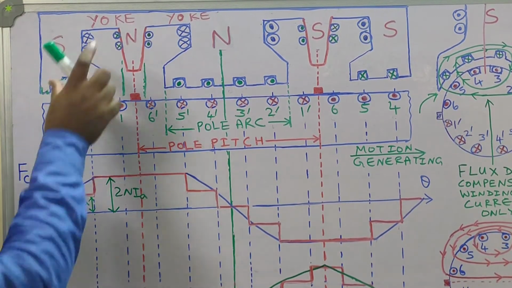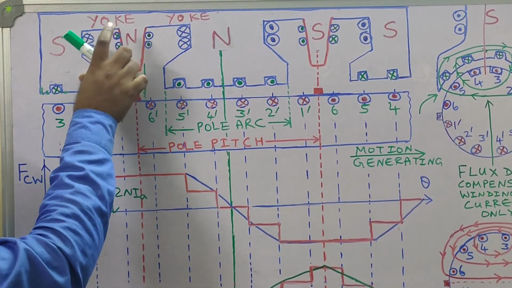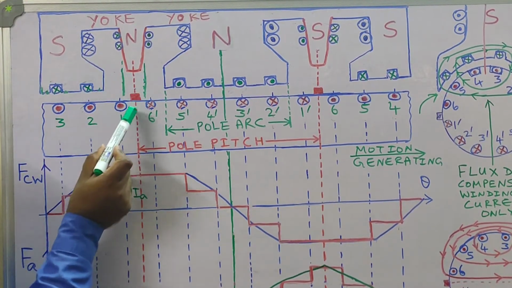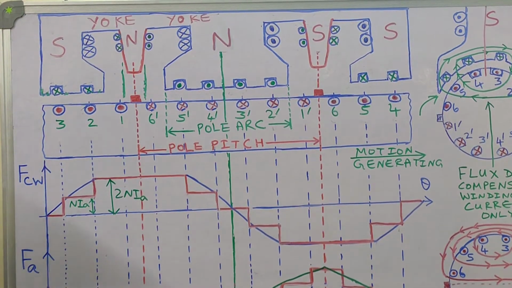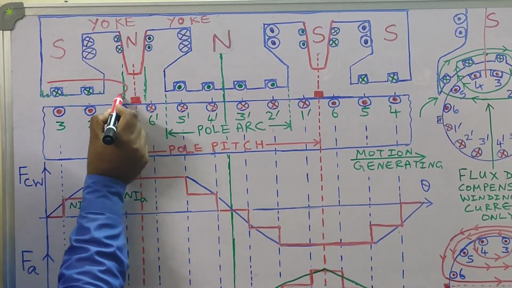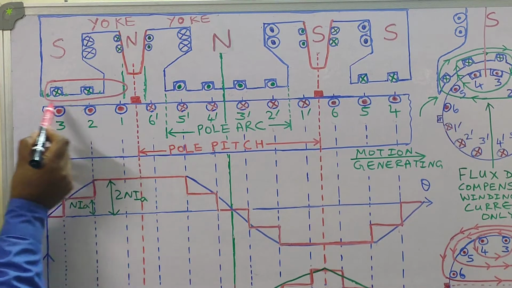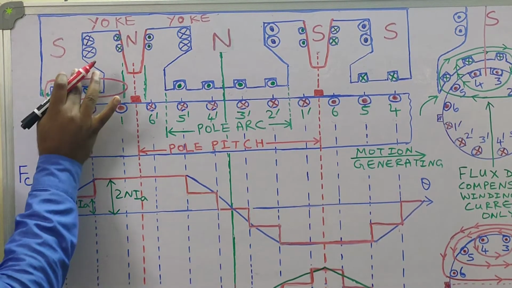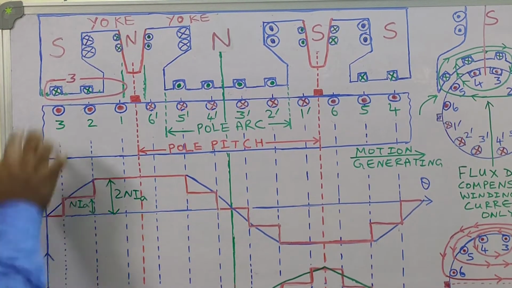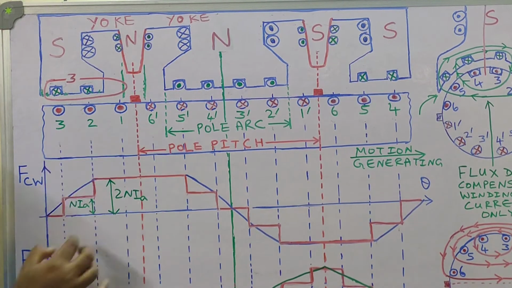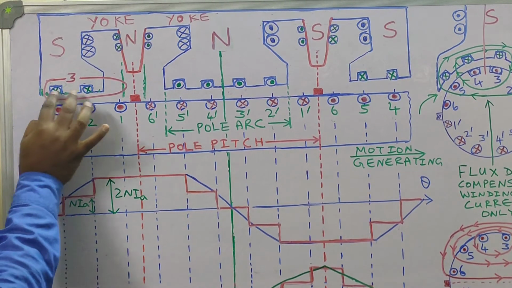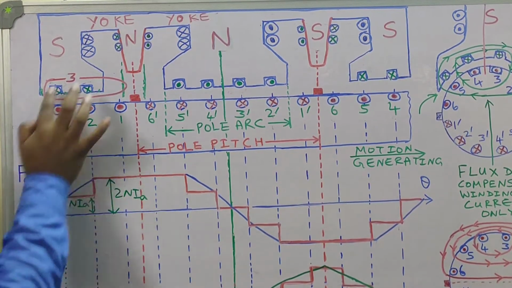Now if you choose a path like this, with these two conductors, along this path let us see what is happening. Let me use another color so that you can understand. Let us choose this path. In this particular path, let me name it path number 3, what is the total current enclosed? Again the same 2N into Ia, because only two compensating winding conductors are here.